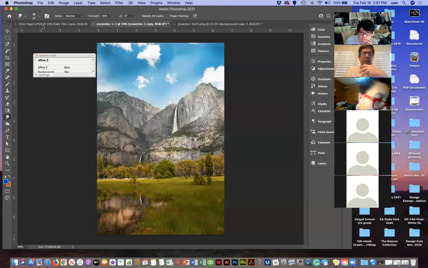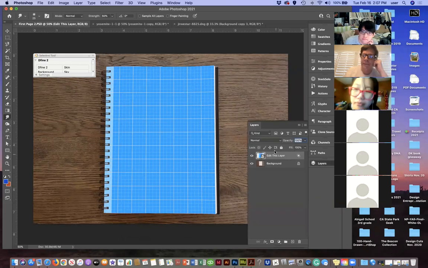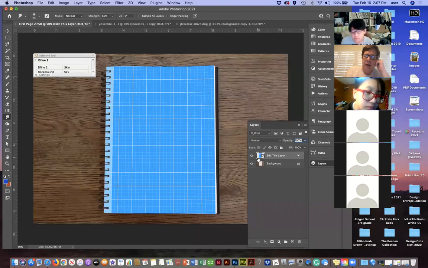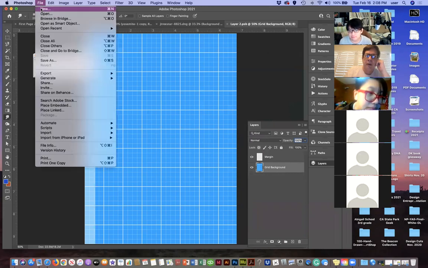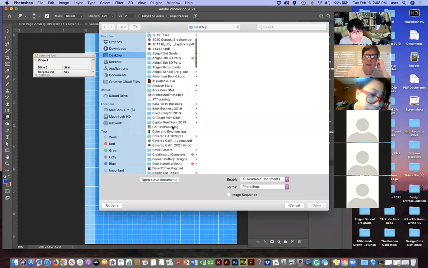So this is a mock-up, and this is not for a book cover, it's for a sketchbook kind of thing. Basically there's a background, and then there's a layer for the mock-up, and it says edit this layer. So you're going to double click on it, and you can see it's kind of a smart object. It's basically saying, put your files here. So I'm going to open the Yosemite